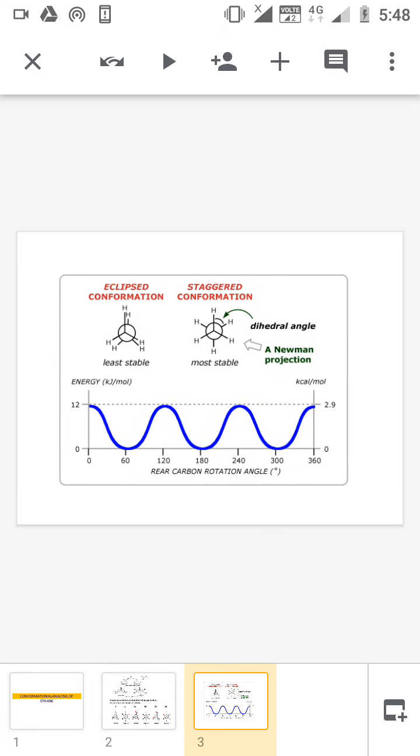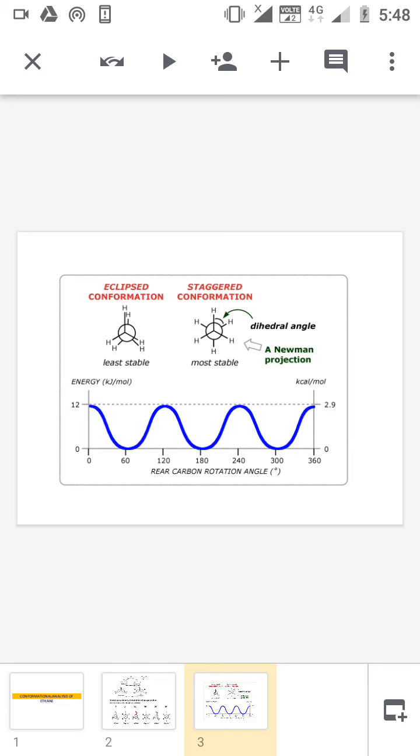Next we are going to the potential energy level diagram, or the changes during the rotation about the C-C single bond of ethane, in which we are starting from the eclipsed conformation, that is least stable, having higher energy. So while we are drawing the graph,